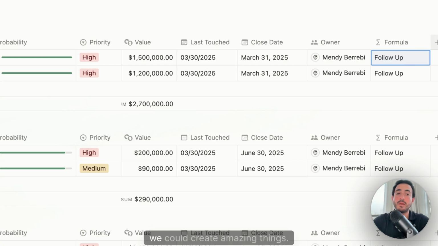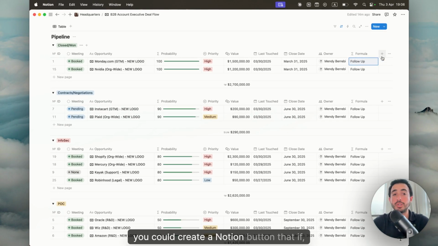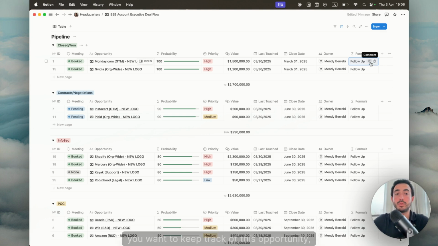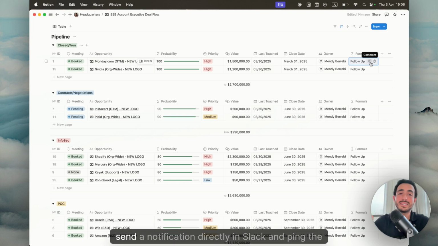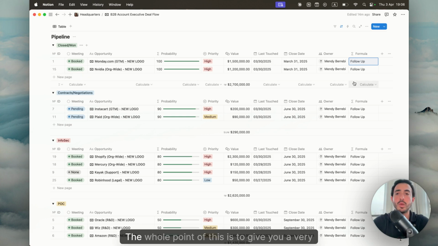right? And by the way, we could create amazing things. For example, if you're a manager, you could create a Notion button that if, for example, you want to keep track of this opportunity, you could click the button inside of Notion, send a notification directly in Slack, and ping the AE so that you understand exactly what's going on. Again, we're not going to focus on this right now because it's more complicated than this video. The whole point of this is to give you a very simple dashboard and workflow for an account